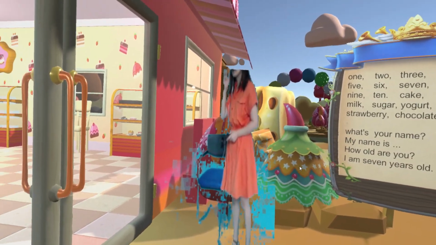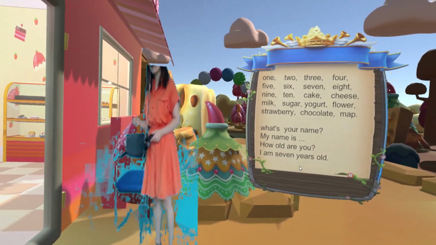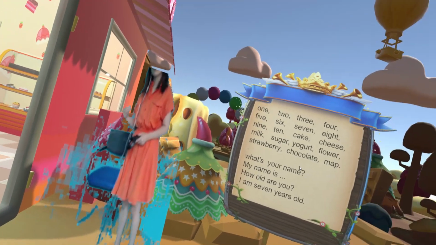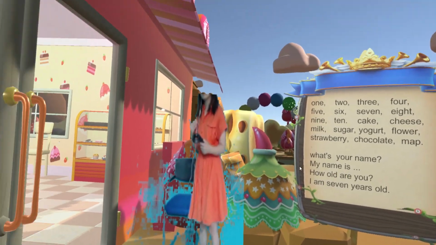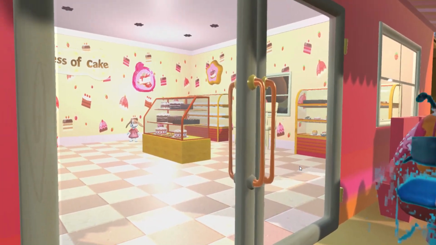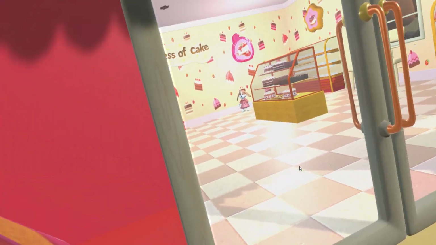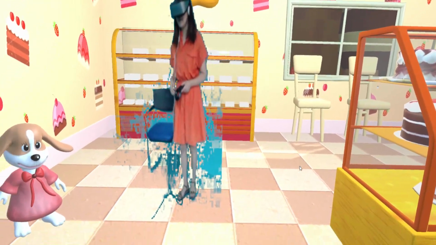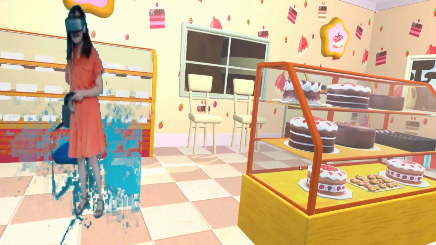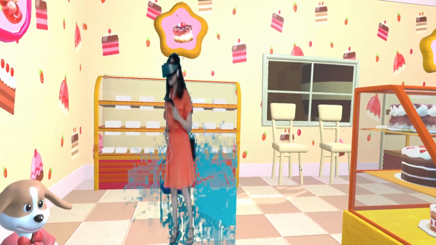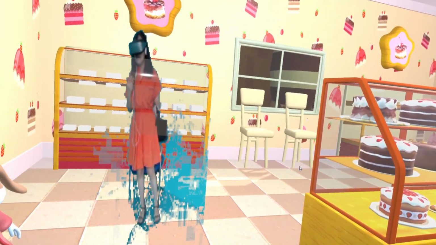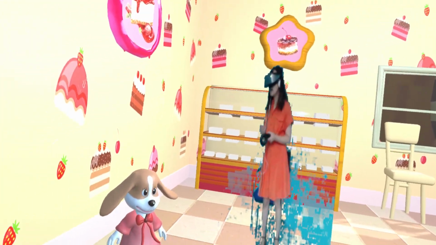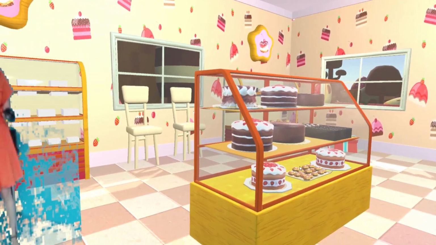This is the first chapter, getting to know each other. Make sure the students can introduce themselves like that. Okay, now we will go inside the bakery. Now we will go to step 2. In this part, the students will meet a new friend, Helen. So as a teacher, you need to instruct the students to talk to Helen and introduce himself